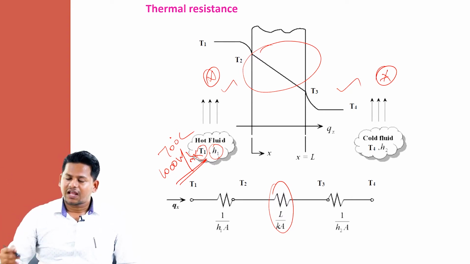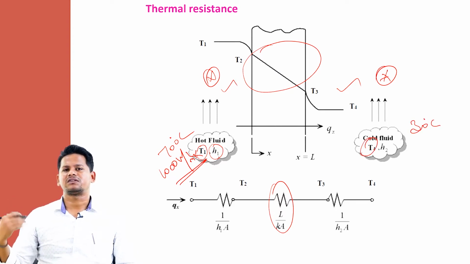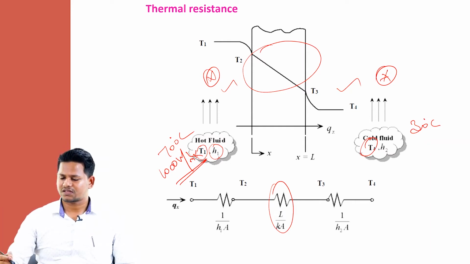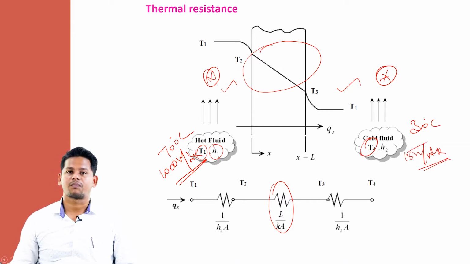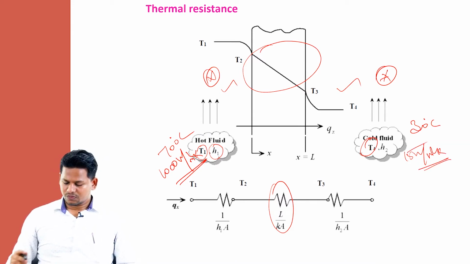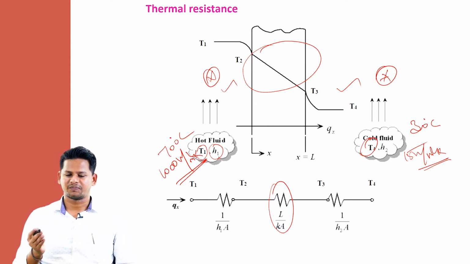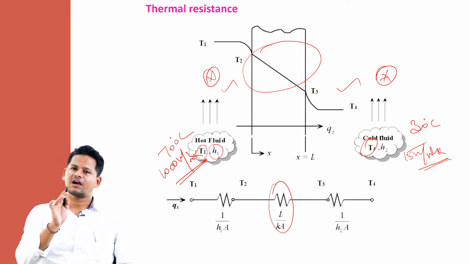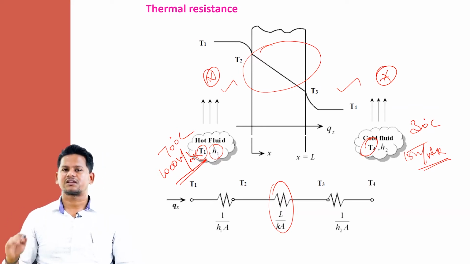Outside the wall, let us assume we have ambient air. The temperature is typically around 30 degrees Celsius, and we have only wind on the outer surface. The velocity is typically around 2.5 to 5 meter per second, where the H value is approximately 15 watt per meter square Kelvin, just 15. Now I hope you can recall the previous discussion where we had only conduction. In this case we have conduction and two convections, one at the front side and another at the back side.